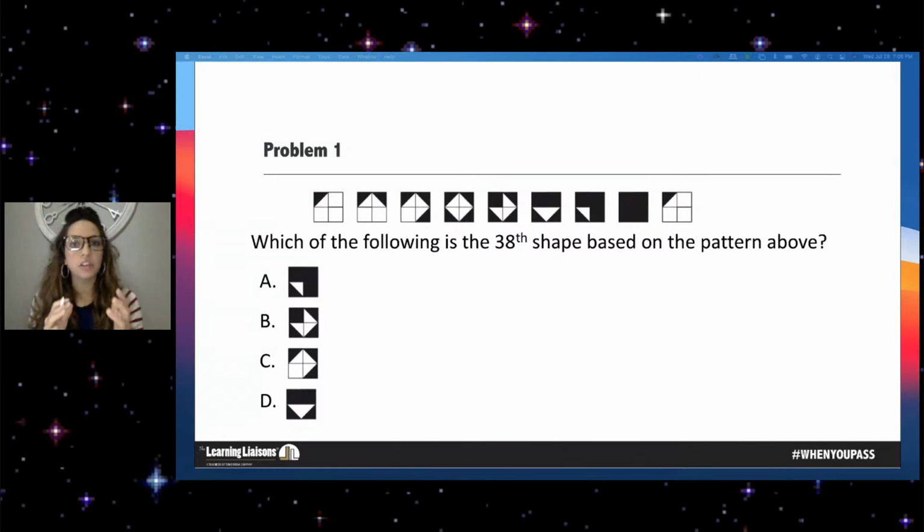The reason that our students learn patterning in elementary school, pre-K through 3, K through 6, is because they need to be able to see those patterns so that they can apply them to functions later. So let's take a look at this and then take a look at what those patterns are that I'm even talking about.